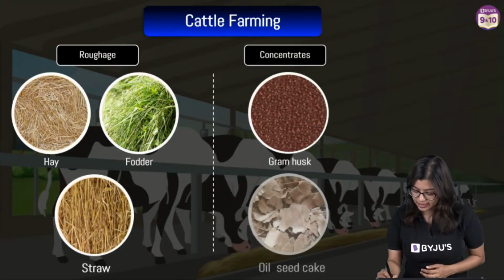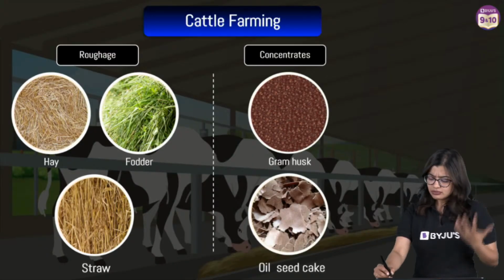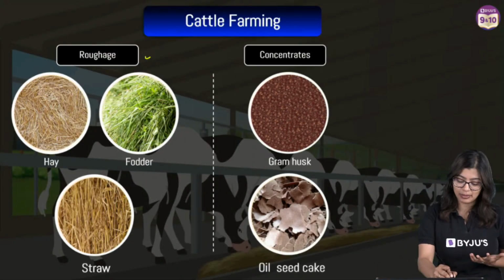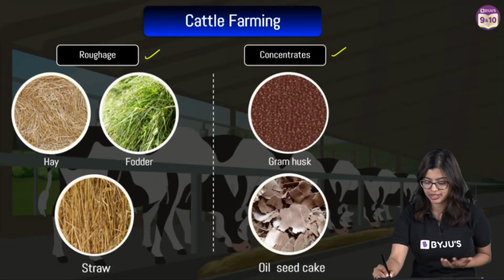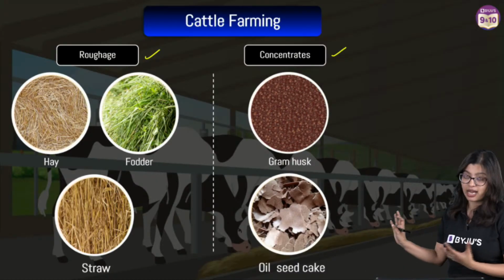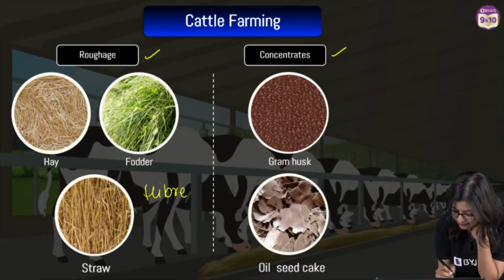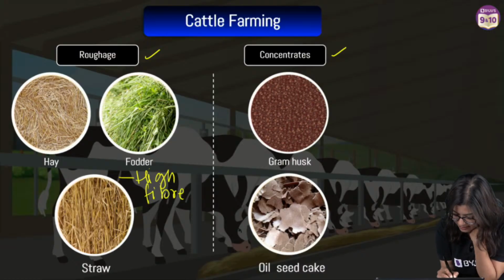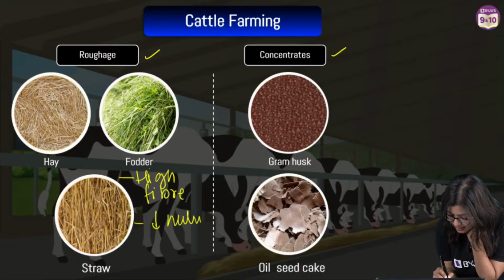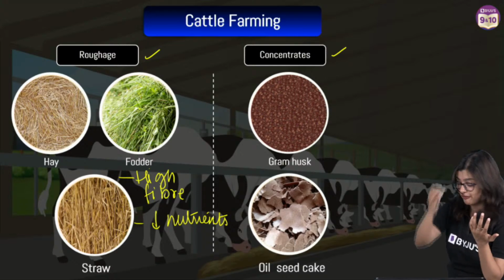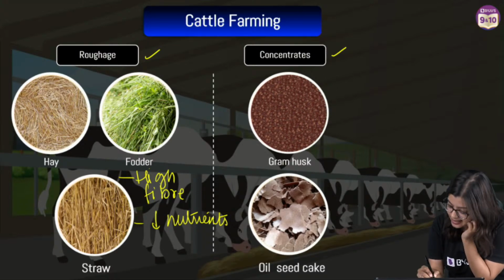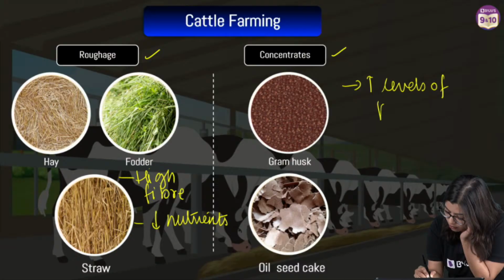Now normally what do we see? We see that normally the diets will be filled with roughages and concentrates, right? Now roughages have high fiber. So if roughages are added, they will have high fiber content, but low nutrients, right? Low nutrients but more fiber. While concentrates will have high levels of proteins,